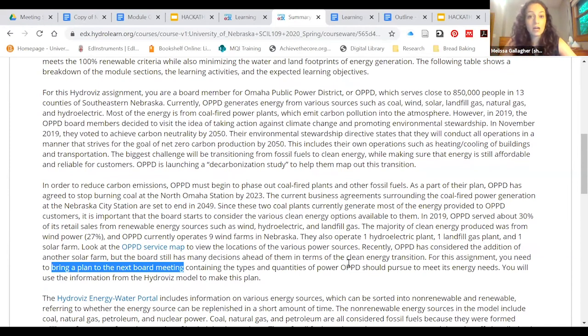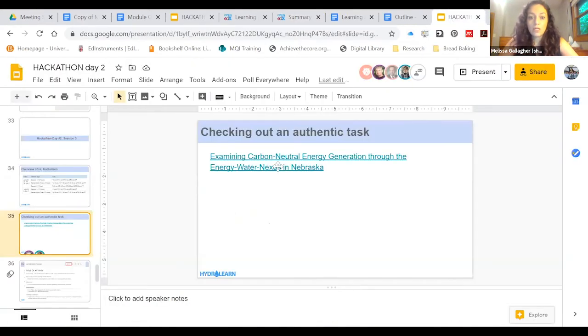And I don't think that they really are writing for the next board meeting, but that is a kind of communication that they might need to know how to do. So I wanted to give you that, not saying that this is how your authentic tasks have to be framed, but I want to show you a variety of different tasks that we have out there, because maybe that will be useful to you in thinking through your tasks.